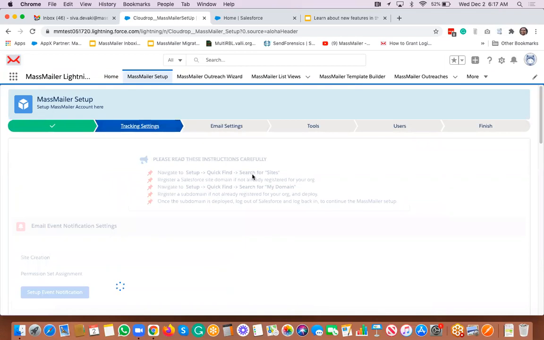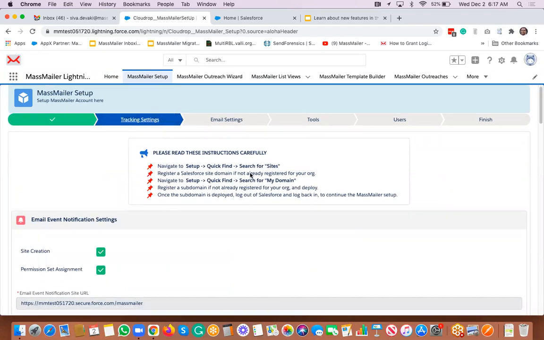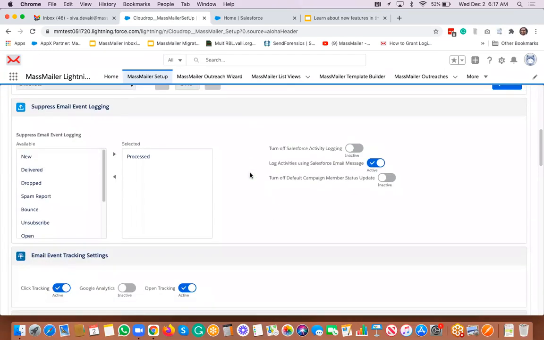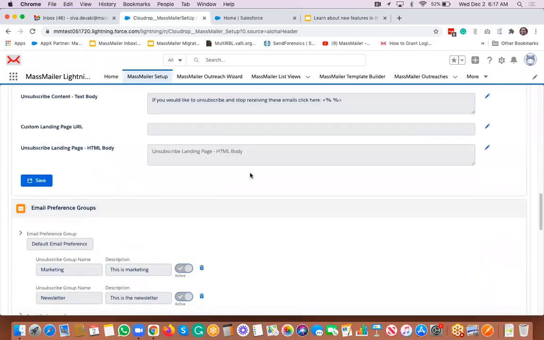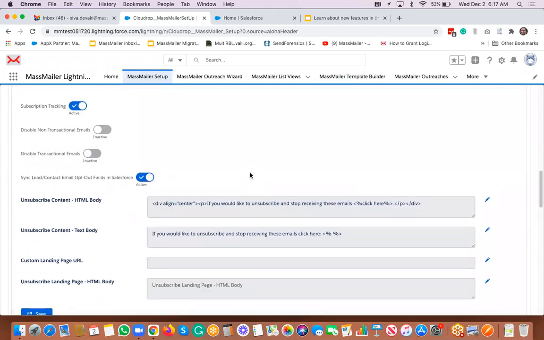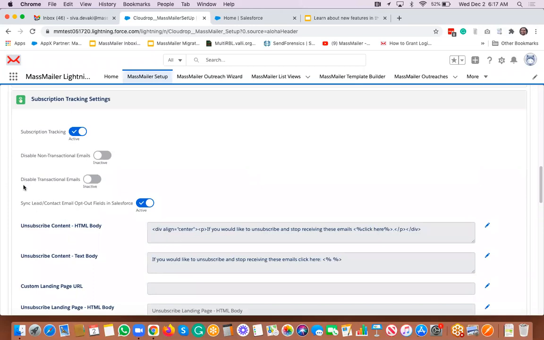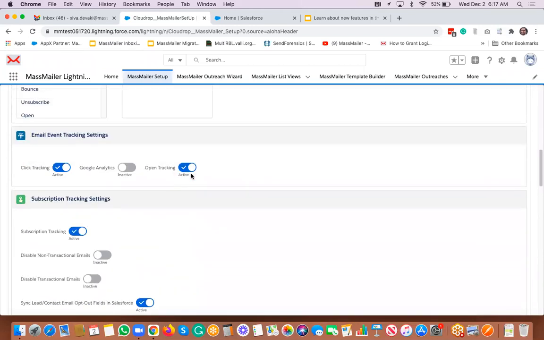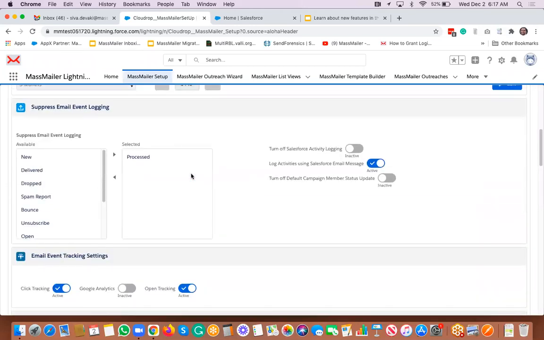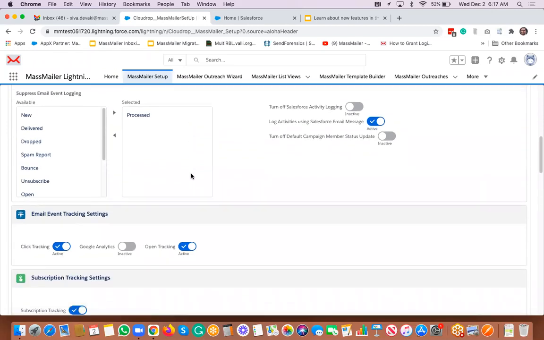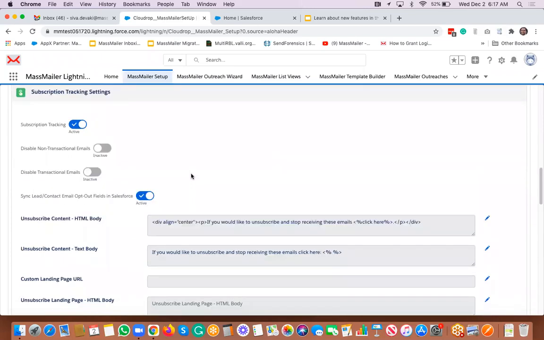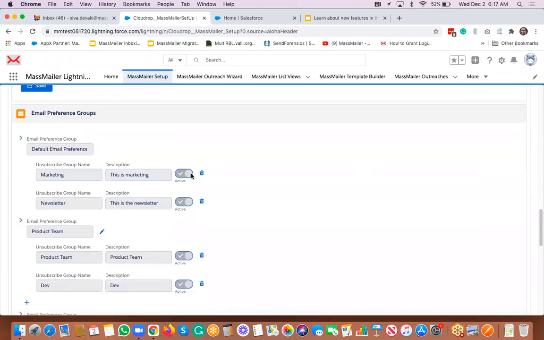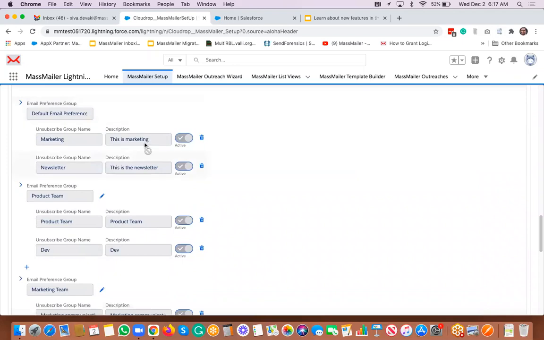So the tracking settings, under which we have the, so one is the, okay. So the email preference groups, as you can see,